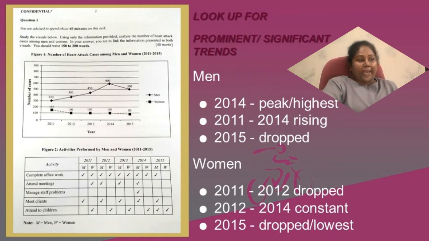As for men, you can see here in 2014, the number of heart attack cases among men is at peak, or the highest. And from 2011 to 2014, the trend of the number of heart attack cases,